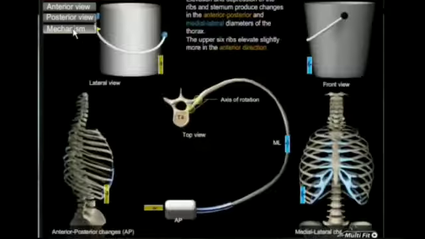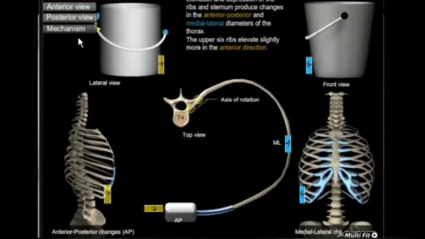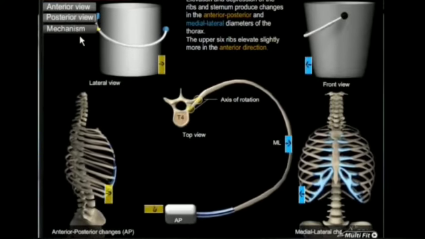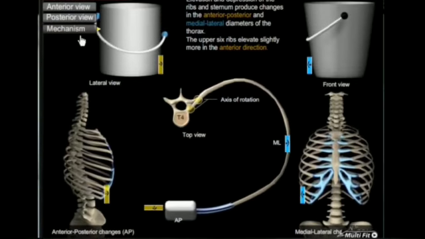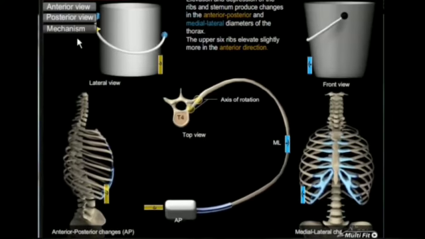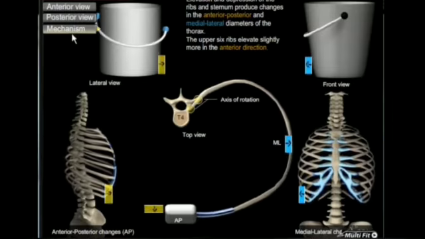The mechanical elevation and depression of the ribs and sternum produce changes in the anterior, posterior, and medial lateral diameters of the thorax. Now, the upper 6 ribs elevate slightly more in the anterior direction. Here in this animation, we can watch the rib movement in all directions, and it's easy to compare the rib